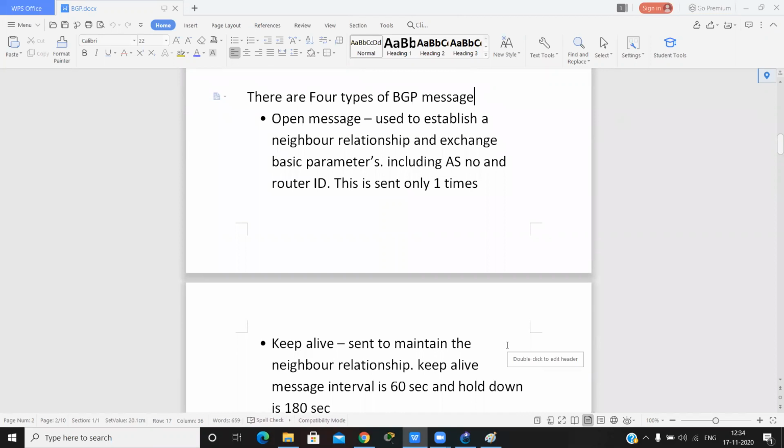The first one is the open message, used to establish the neighbor relationship and exchange basic parameters, including the AS number and router ID. It is sent only one time.